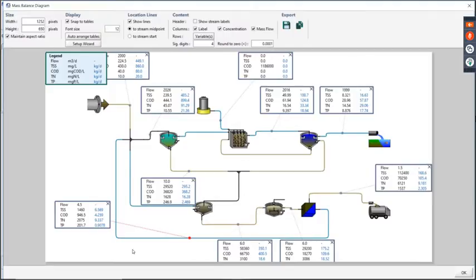The idea behind this is that we want people to be able to easily track the mass flow of all of the important components that are in their system as you move around that layout. And this is something that I know many of our clients were generating sort of on their own outside of GPSX using our results. So now you can automatically do that and then customize it with the click of a button. So let me go back to my slides.